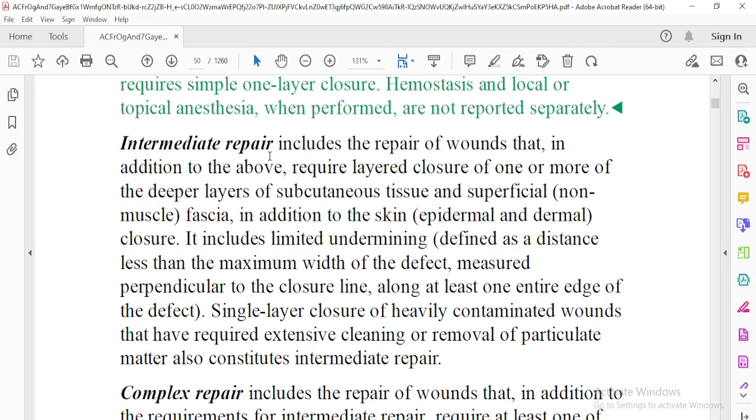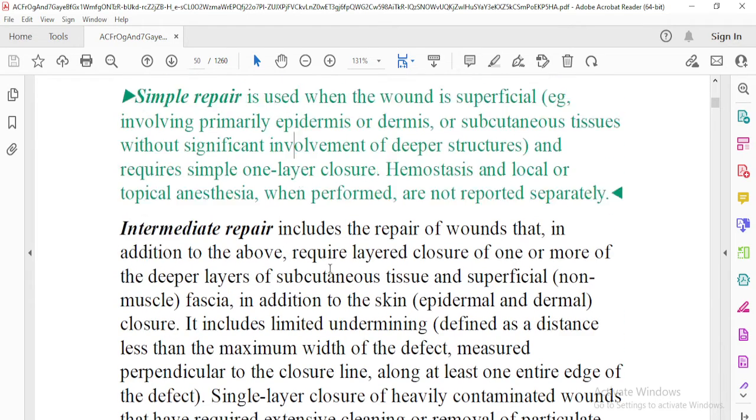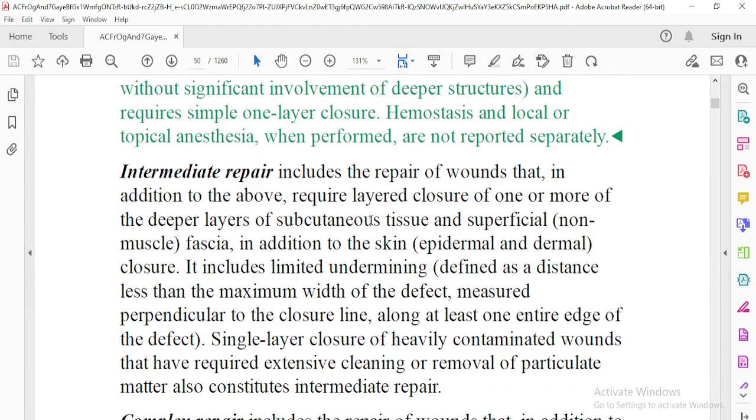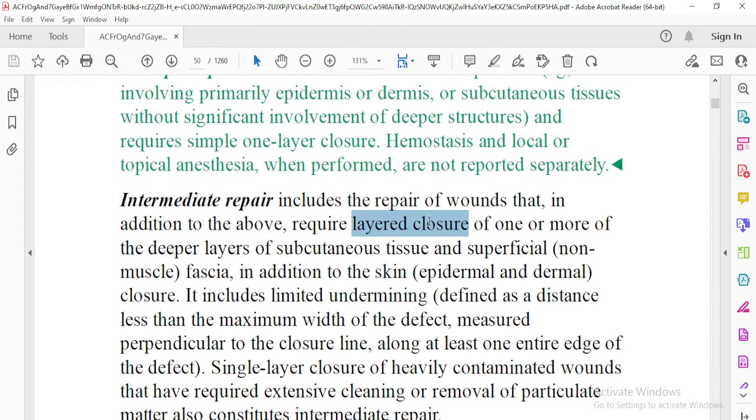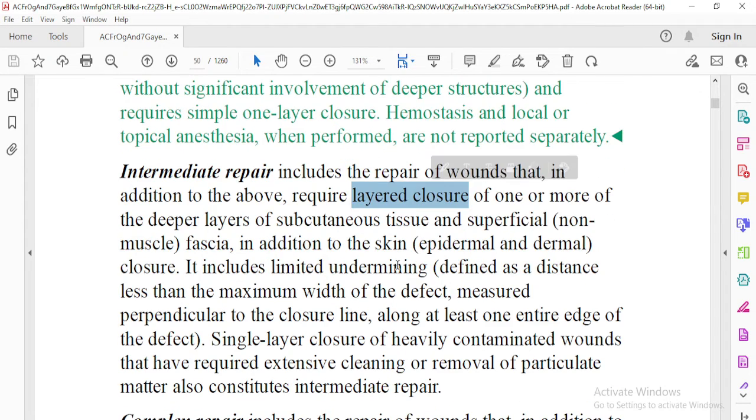So next one is intermediate repair. It includes the repair of the wound that, in addition to the above, like intermediate repair includes simple repair also, requires layered closure of one or more of the deeper layers of subcutaneous tissue and superficial fascia in addition to the skin. So if you see here, for simple repair, one layer closure. For intermediate repair, layered closure. These are the keywords we need to find in the operative report in order to code wound repair codes